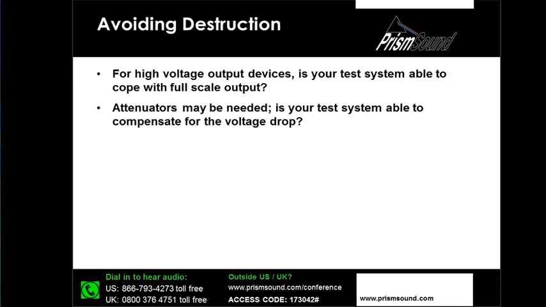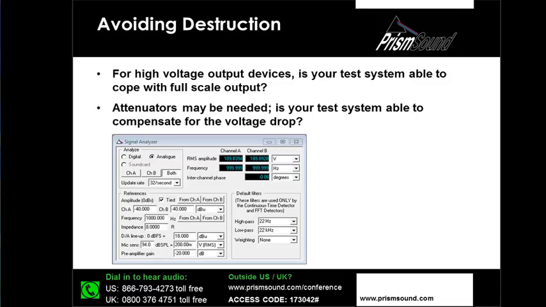the test system input. Thankfully, in the system that we're using today, we have a neat little feature here that allows us to automatically compensate for any positive or negative external gain in our measurement circuit. So if you're using a preamplifier for a microphone, for example, you can put in a positive gain corresponding to the mic pre-gain. If you're using an attenuator circuit, as we would be doing in this power amplifier scenario potentially, we can dial in a negative gain that corresponds to the amount of attenuation presented by the network that we've